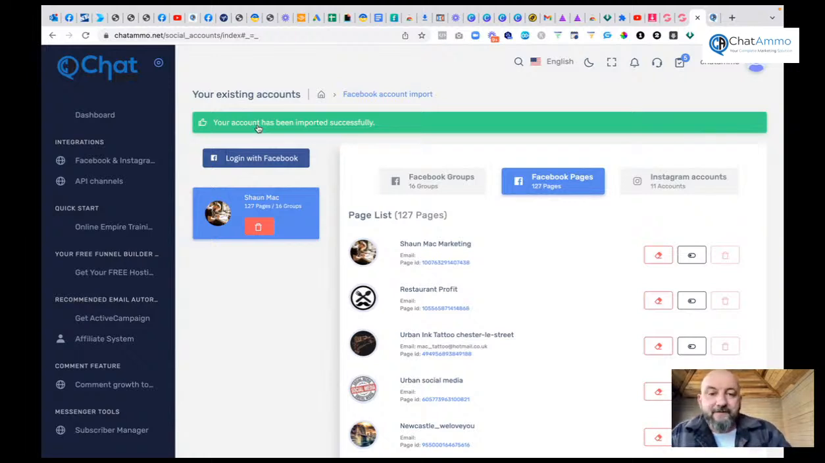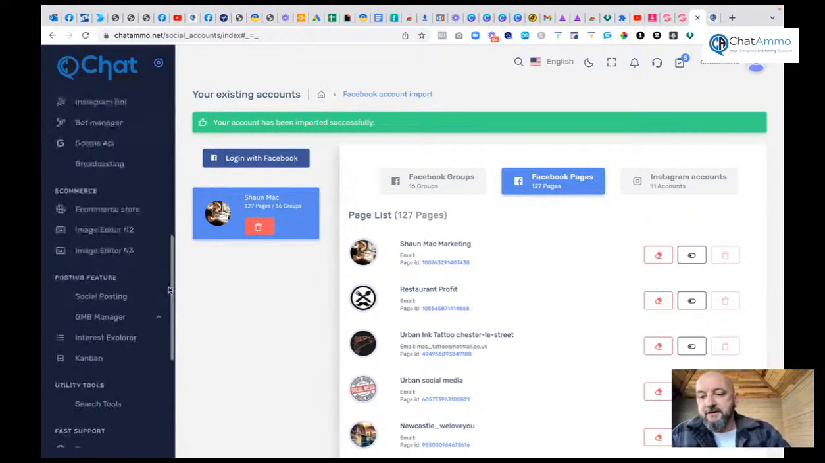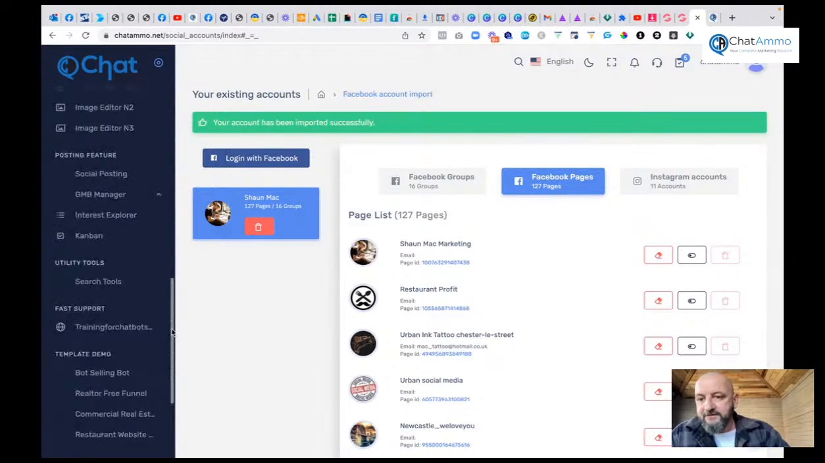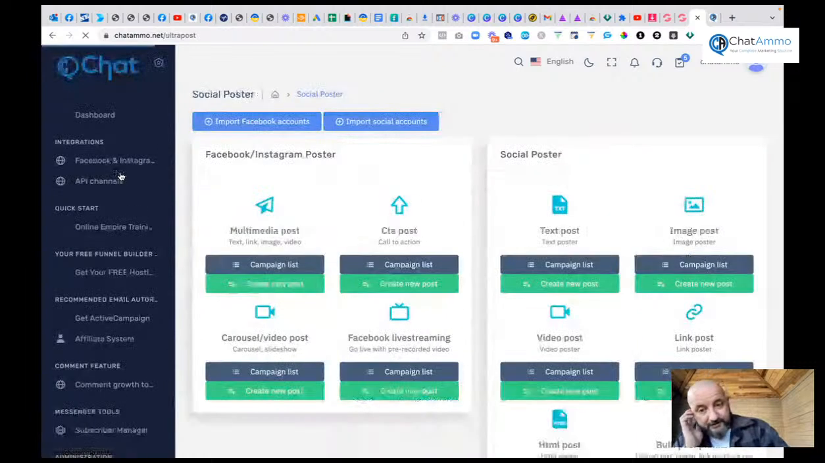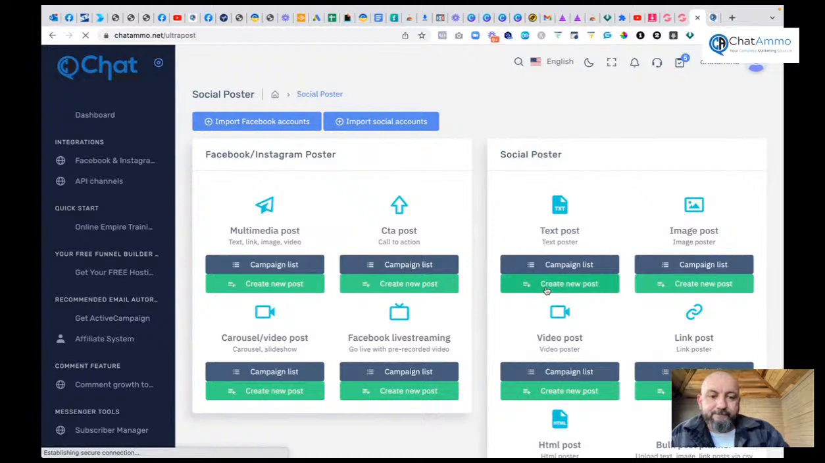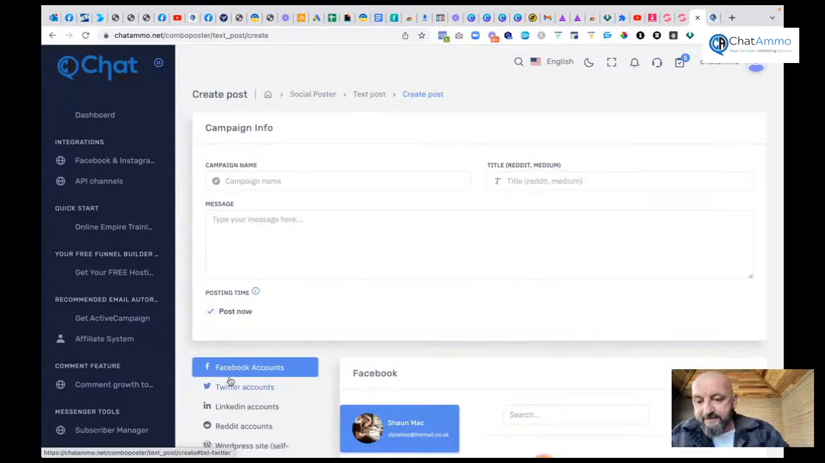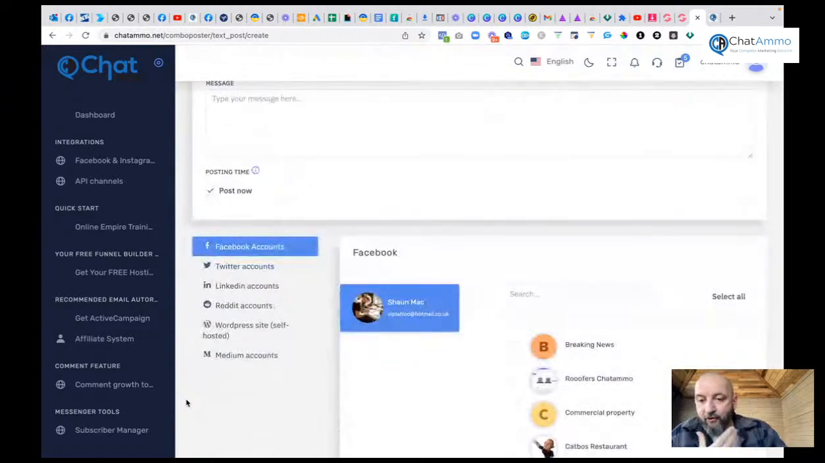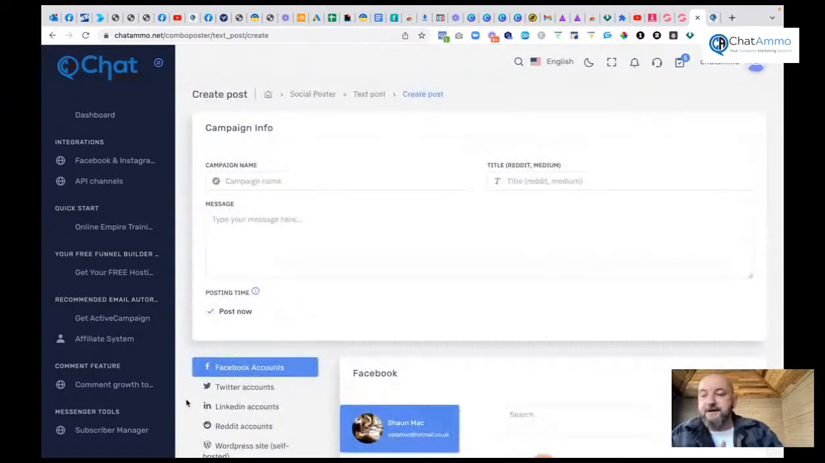Now, if you do have people coming in and advertising their restaurants and customers with you, what you want to do is give them as much exposure as possible. So don't just post directly to your page. Go into the social posting, go into social poster, click on create new post, and post it to Facebook, Twitter, LinkedIn, Reddit, WordPress, Medium, all of these. What's then going to happen is people are going to start coming from all over the place,